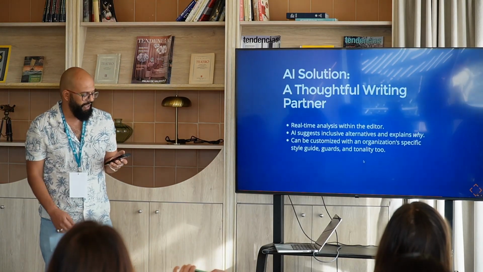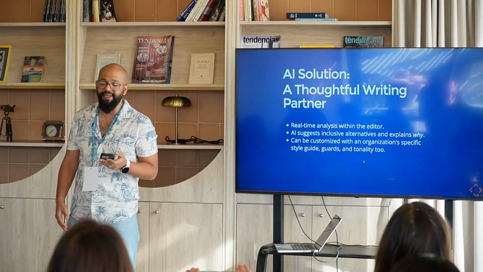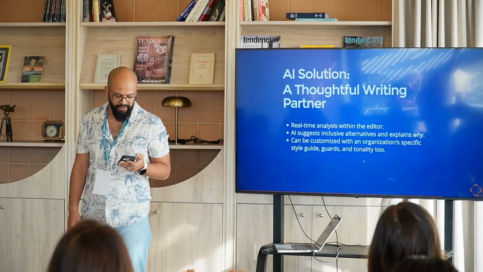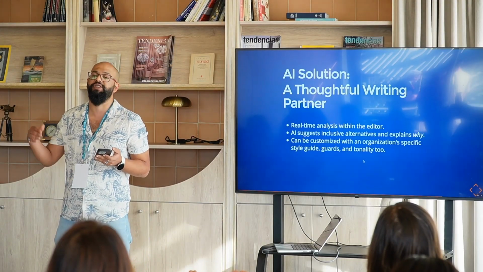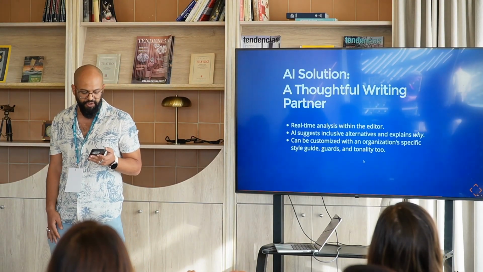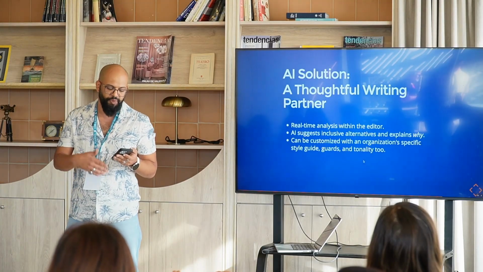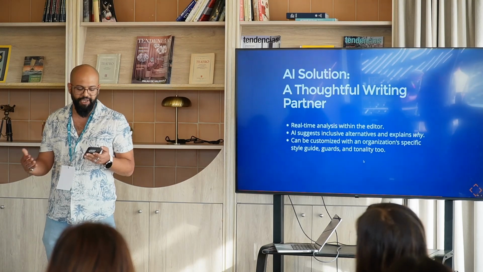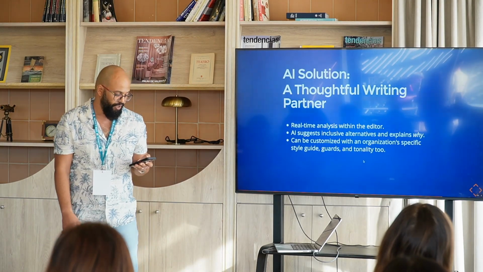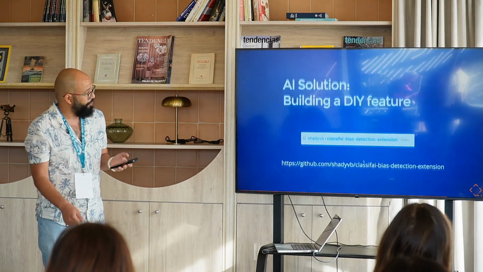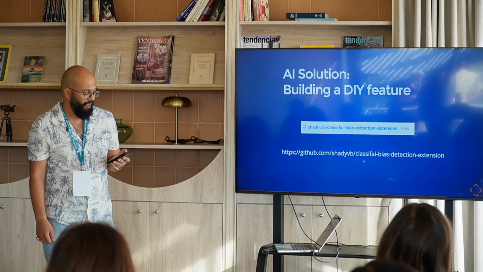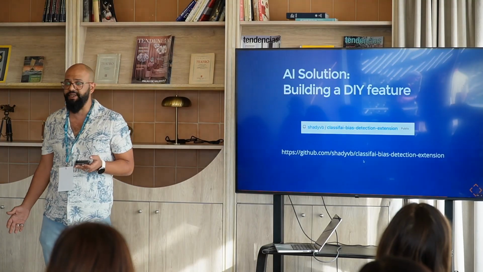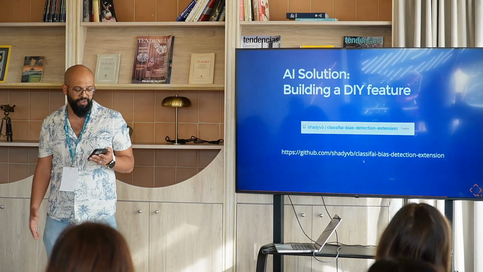AI can be very helpful in that case, as it can quickly scan the content and outline all the different kinds of biases that it includes. It'll also suggest replacements with inclusive alternatives. We can use custom prompts to mimic the organization style or tonality too, for even more coherent representation of the organization or business. For the purpose of that, I built a couple of solutions myself using the hybrid and DIY libraries to understand how it can be used there.